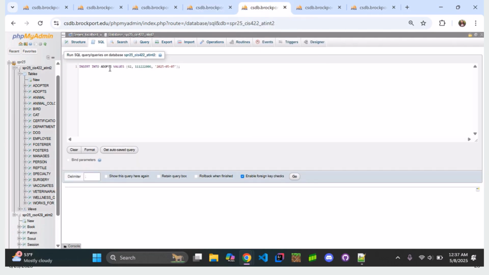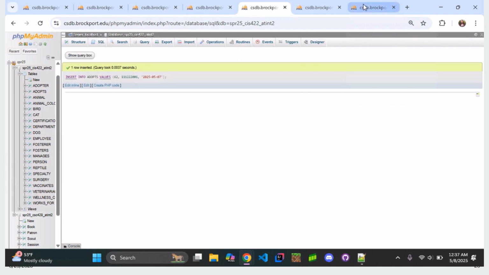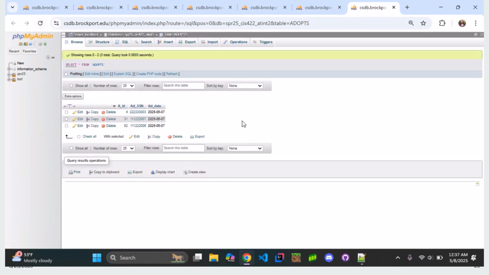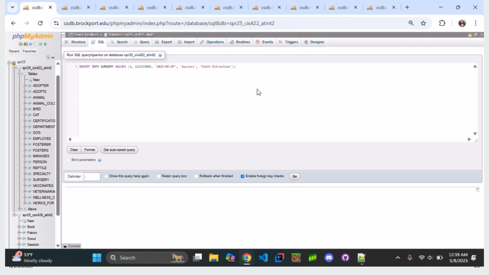Now let's try to have the same adopter adopt the animal with ID 62, who did have a wellness check. This one succeeds, and we can verify by checking in the adopts table, and we can see that it is there. The last test cases we will perform have to do with the surgery table,